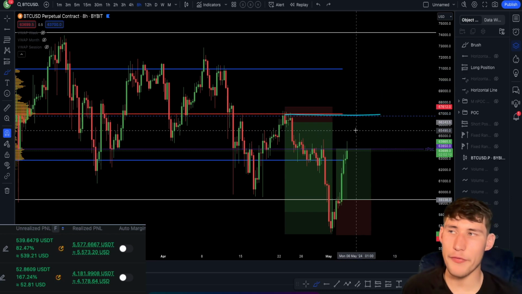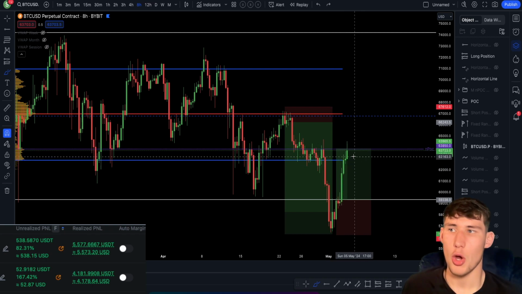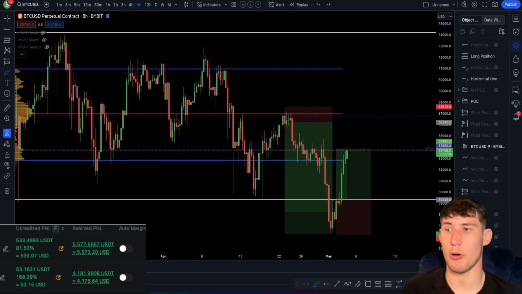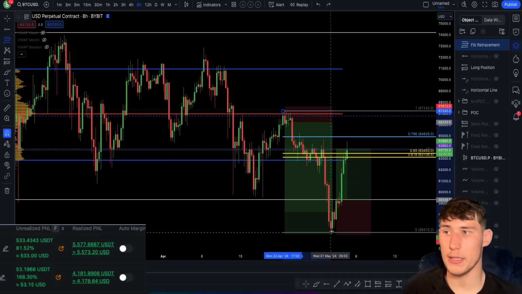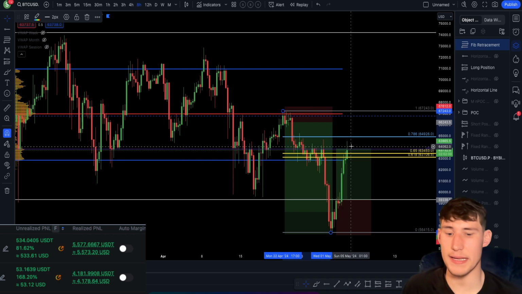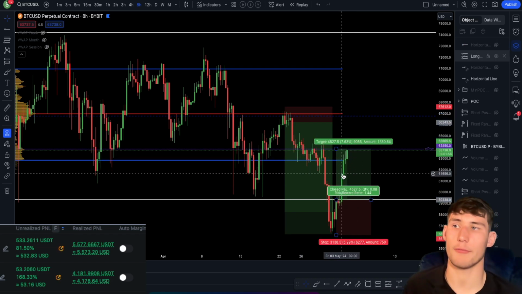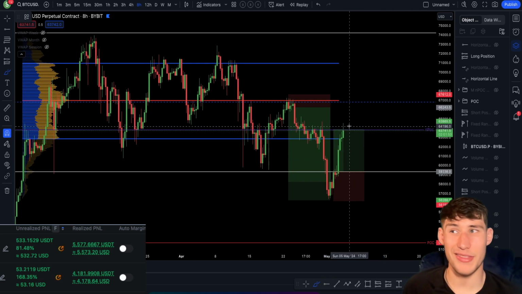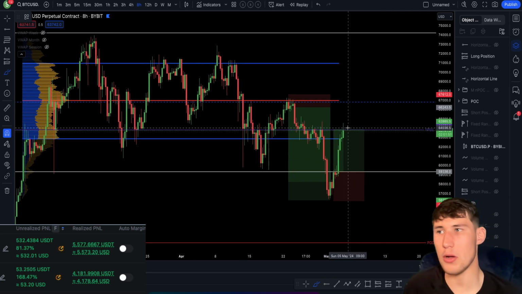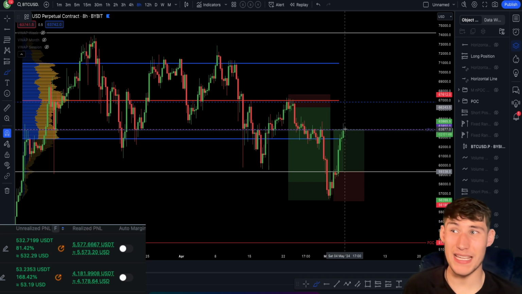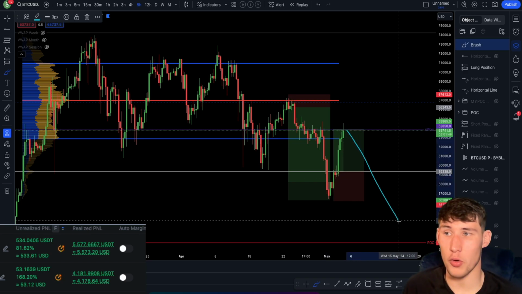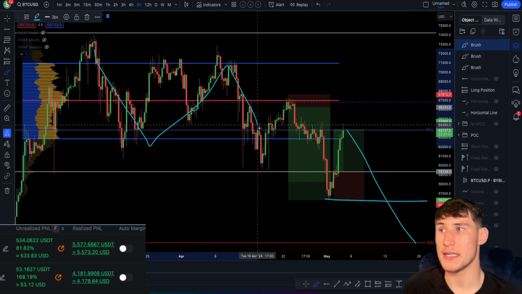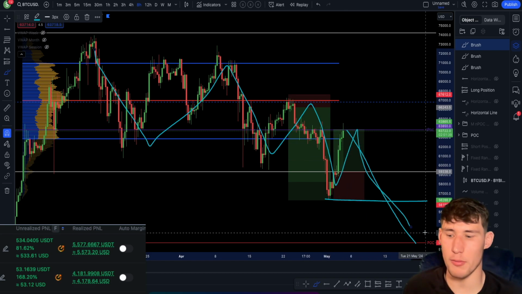But we have to just remain a little bit cautious here, because we are coming into resistance. We have this monthly MPOC right here. We also have, from this local high to the low, a GP 786 level coming in. So there is some resistance here. And if we do see a rejection from here, then we have to understand this is another lower high within Bitcoin. And the expectation is that we come down and form another lower low, taking out this low right here, continuing this bearish market structure. So we have to be very, very cautious here.